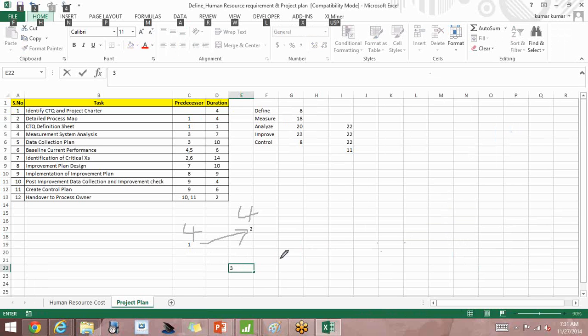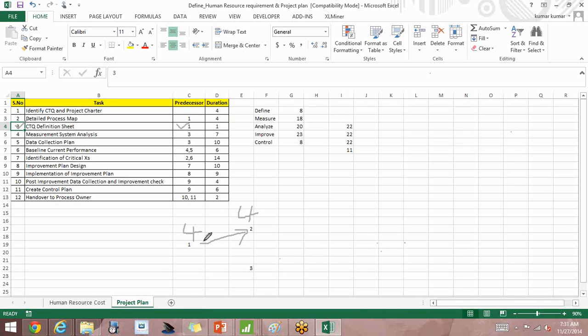Okay, all right. So the third step has predecessor as step 1, and step 3 will take 1 day.